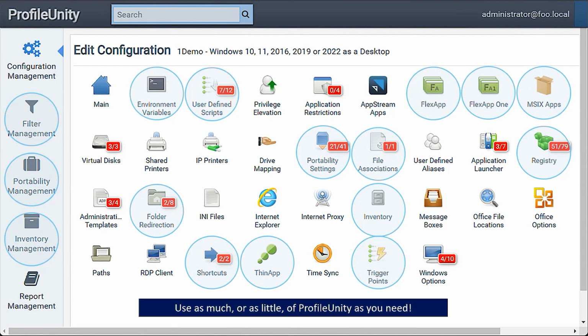Inventory management keeps track of an inventory of the applications actually installed on the endpoint, or applications provisioned through our FlexApp dynamically attached application solution. So that's a quick look at some of the most popular features across the board for ProfileUnity user and application